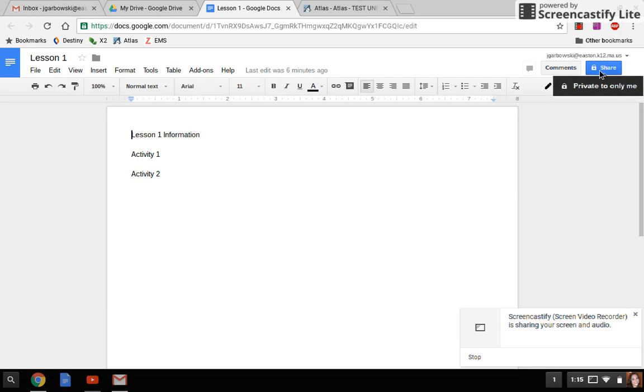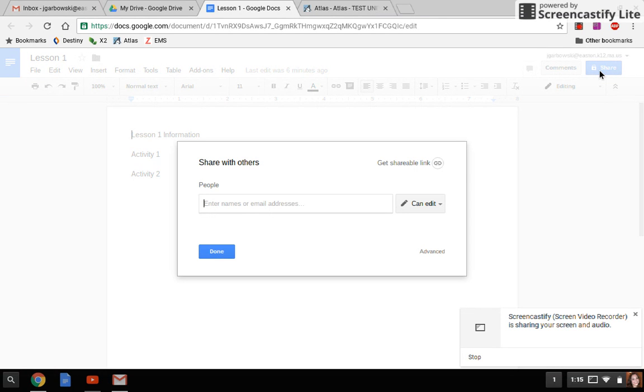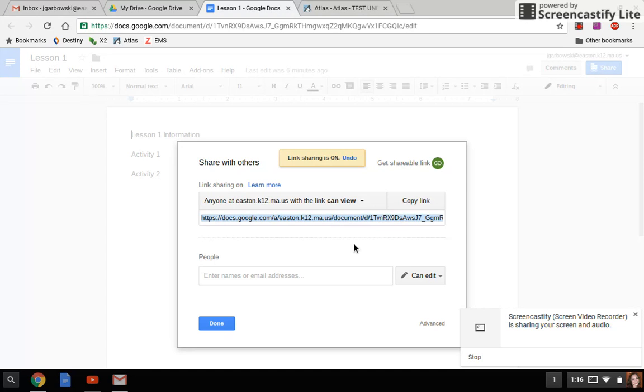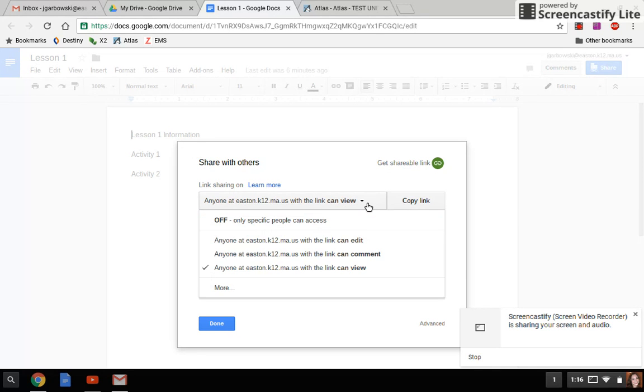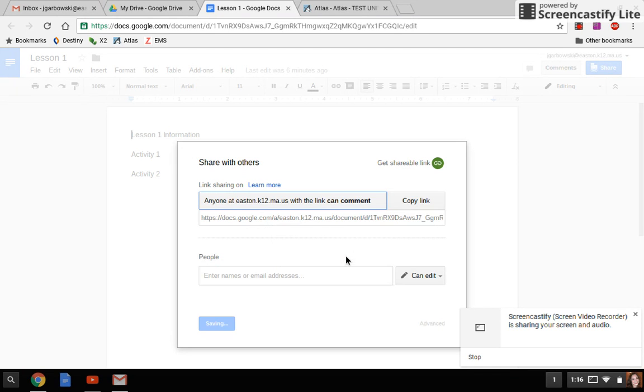So if you press Share, there are a few options that pop up automatically. And when you go to this right here in the top right corner that says Get Shareable Link, that allows other people to see it. However, it automatically says anyone at Easton with the link can view. All you have to do is click on this little down arrow and say anyone with link can comment. If you do that and press done,